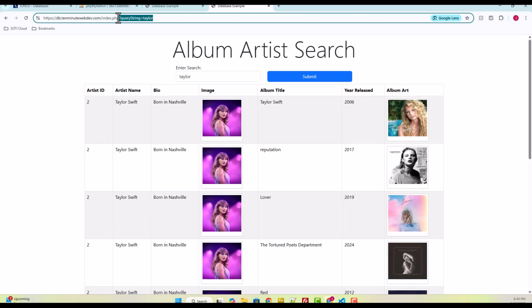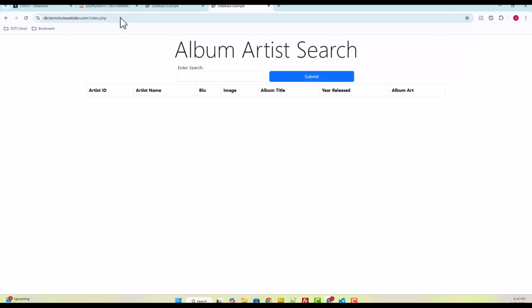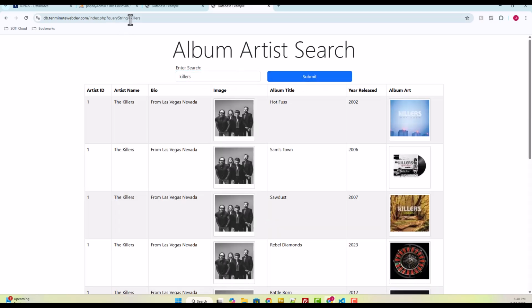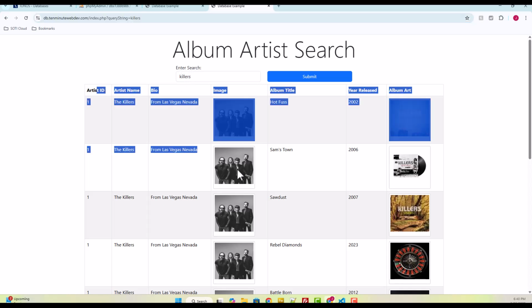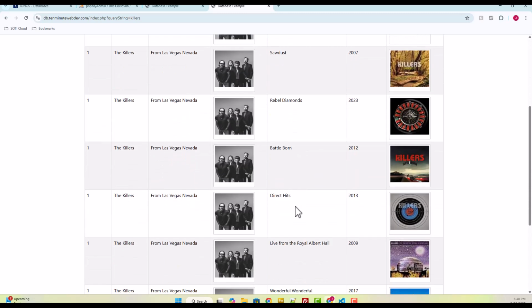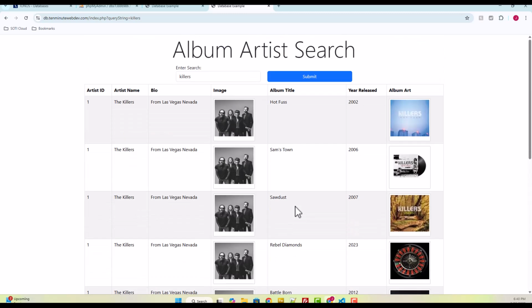We'll go to the home page. All right, so let's just do killers. So now when we search, query string happens here. This gets repopulated because it was set, and it ran a query on our database for all albums or artists titled The Killers. So that ends this